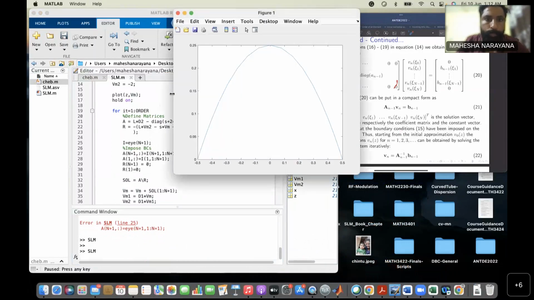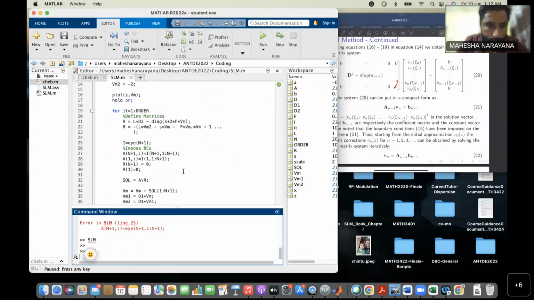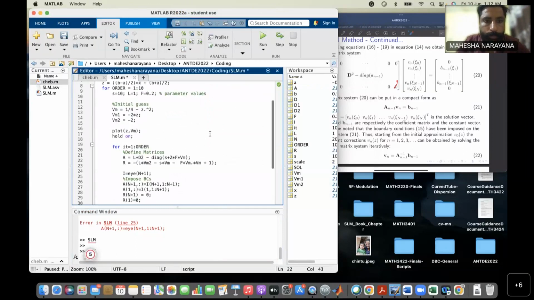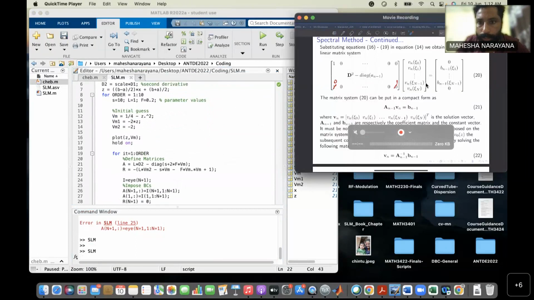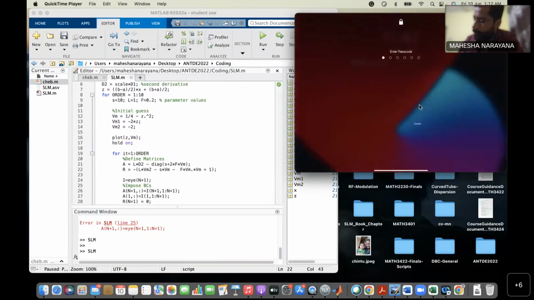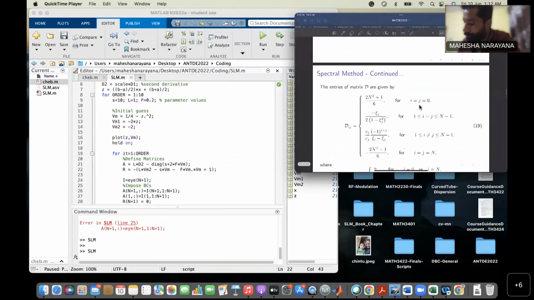So there's something else. What's the differential equation? Let's see. The starting one, which has